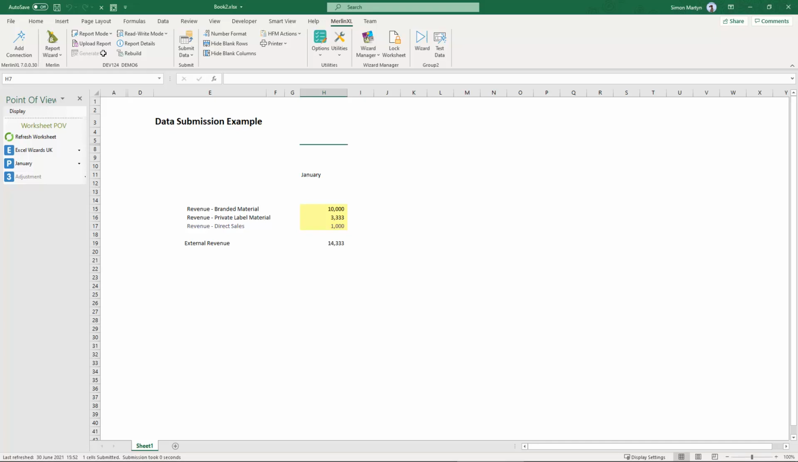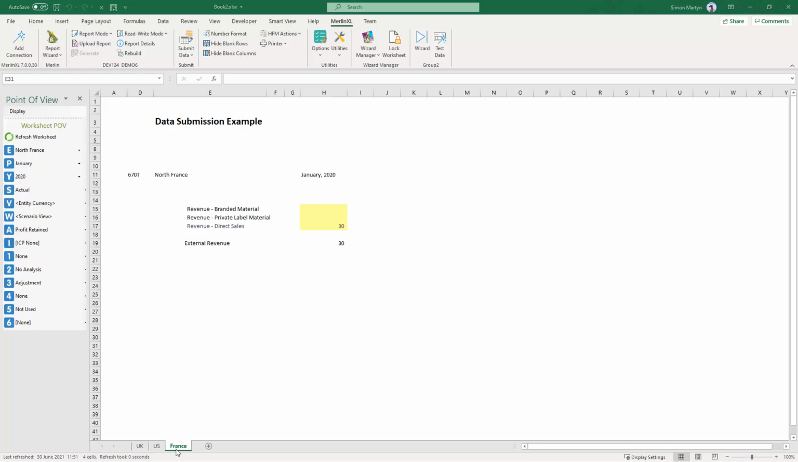So far, we've only looked at submitting data from the active sheet. Let's look now at how you would submit data from an entire workbook. In this workbook, we have 3 data entry sheets, each one set for a different entity, and each one set to read-write mode. In MerlinXL data entry sheets, the Submit Data button only submits data for the active sheet. So to be able to submit the entire workbook,